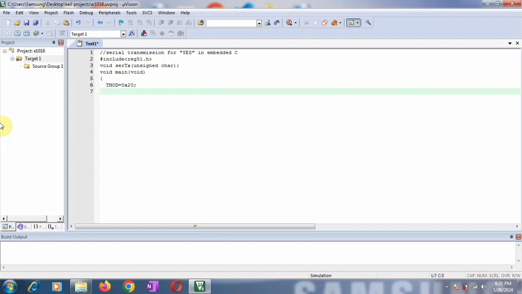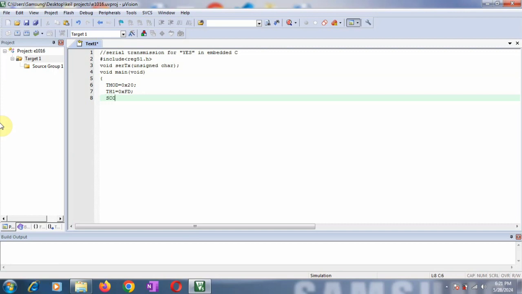So the value comes out to be 0x20. Then I am setting my baud rate equal to 9600, and corresponding to 9600 baud rate, the hexadecimal value is 0xFD, which I am going to load in the TH1 register, because timer mode 2 means it is an 8-bit auto reload mode. So we are going to load this baud rate value in only one register, that is TH1.